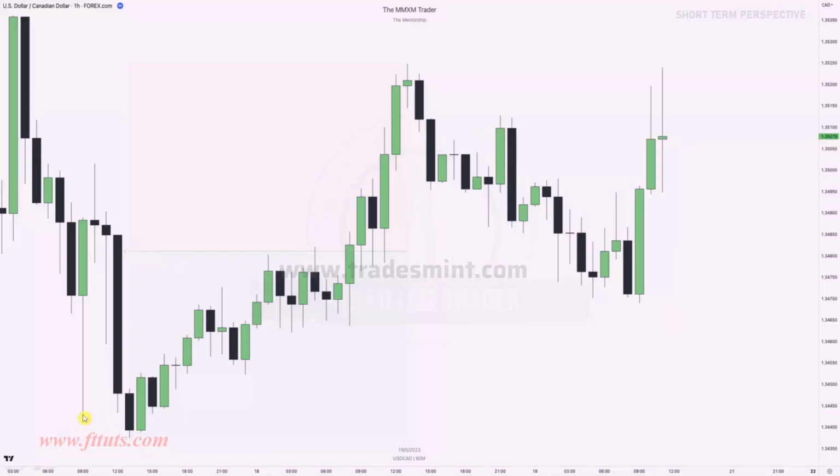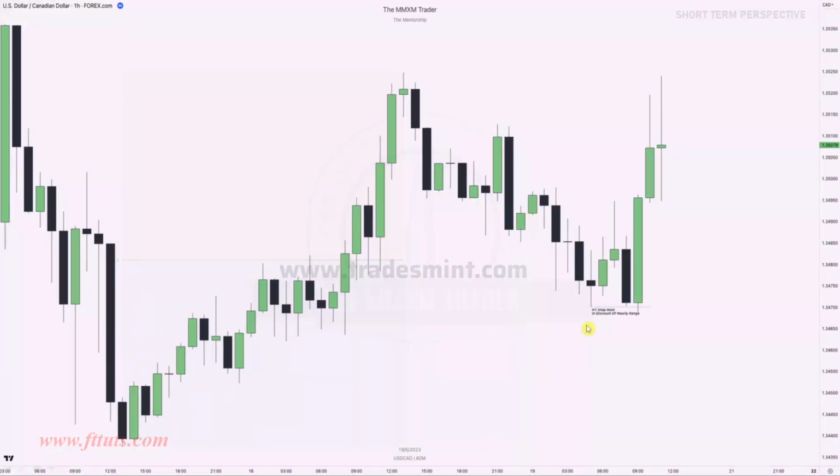Again, we take out this low, right? So this is the low from our dealing range, and then we take out this high over here, and then we have our whole dealing range. Now we drop down back into discount of this whole range, and notice what happens down here. We've got that 1 hour stop hunt in discount of this hourly range, right? So this makes sense. Scenario number one, again, stop hunt,